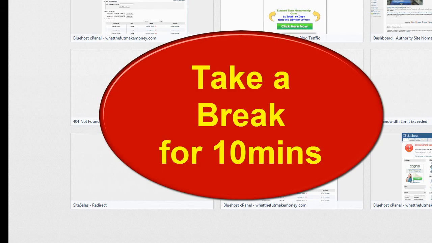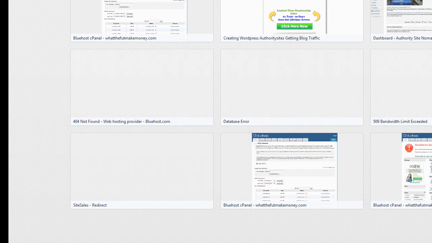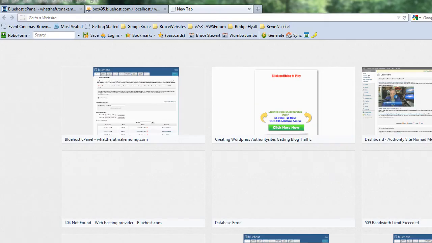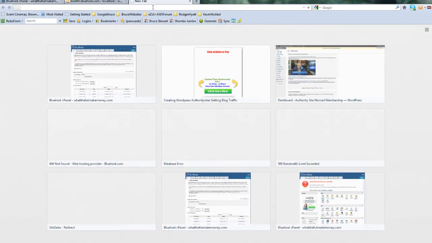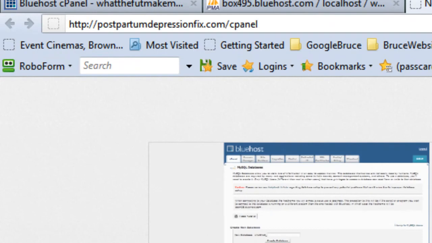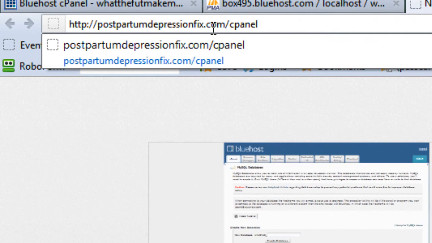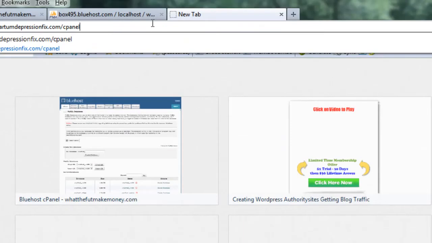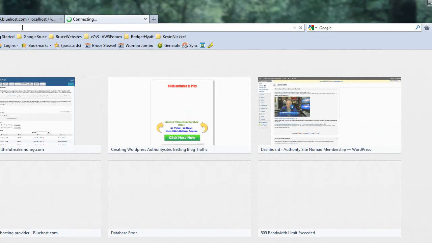So while we're waiting for all that to download, what we're going to do is go in and organize our database to be uploaded to our new hosting company. So I'll go down to my notepad here and I'll find that URL, and we'll paste that URL. Grab your URL that's got cPanel on the end of it, so put that in there, postpartumdepressionfix.com cPanel, press enter,